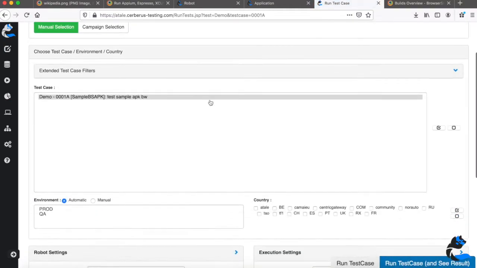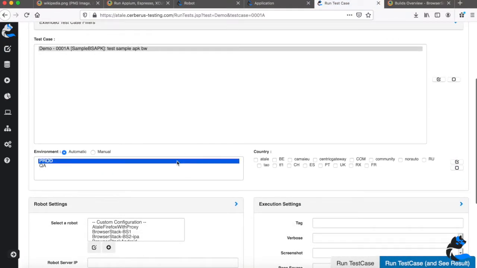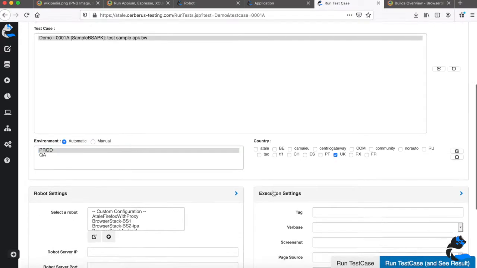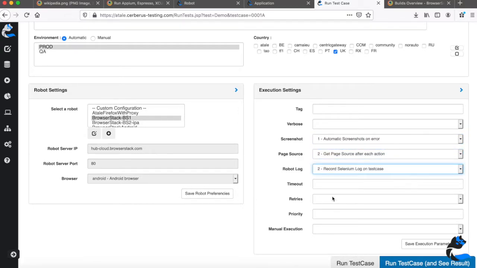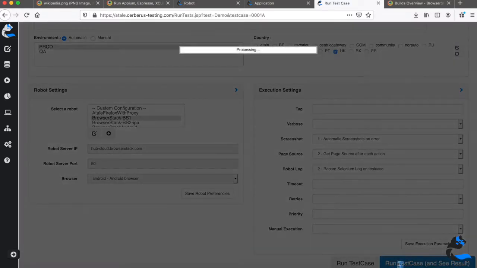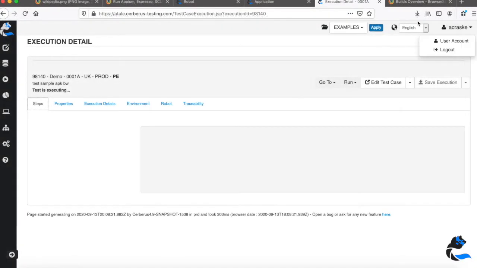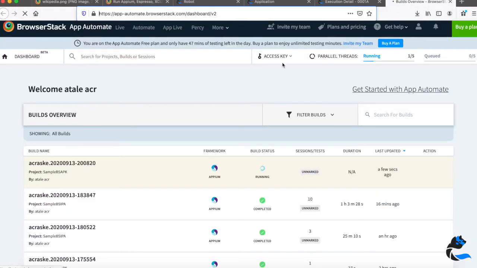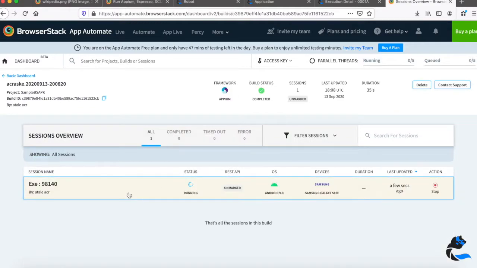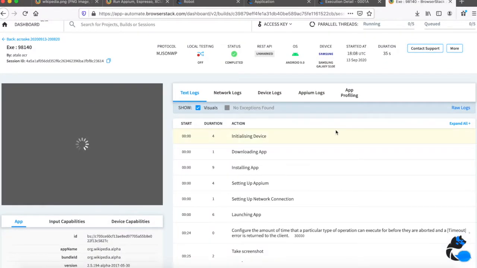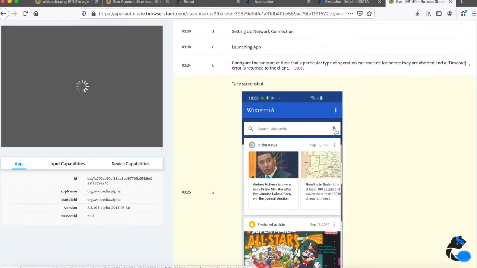Then the next step you can do directly is to go into the run test page, selecting the correct environment and country you want to execute your test on. Select the robot you have configured and you want to run your test on. You can specify here some execution settings that will help you in debugging. I will set them here to help later to see the path of the application elements, and just click here on run. If you go in your BrowserStack session here, you can see that my session has started and I can access the details here if I want specific information from the BrowserStack side, but what is important is that you can already see that the browser has been opened, the application, etc.